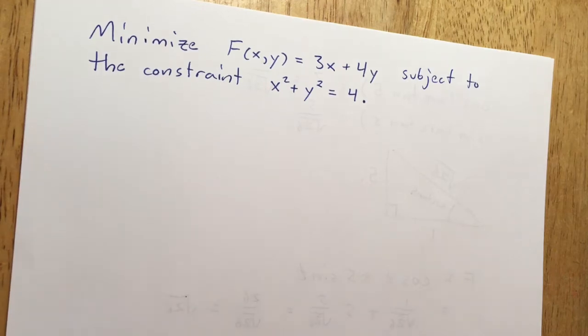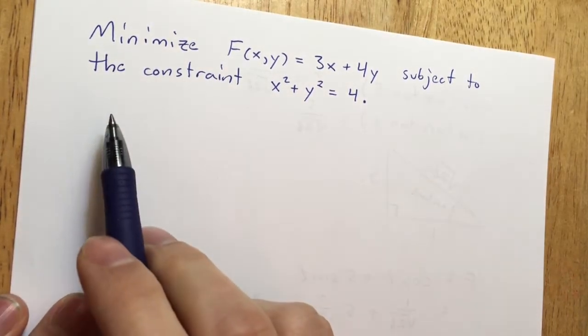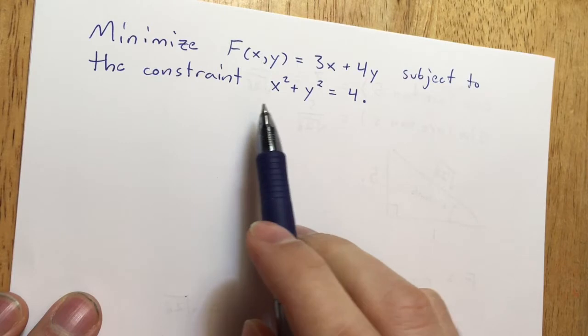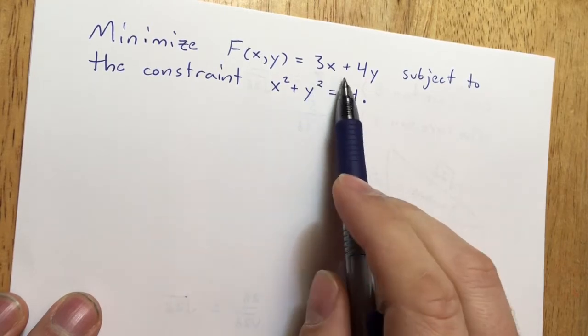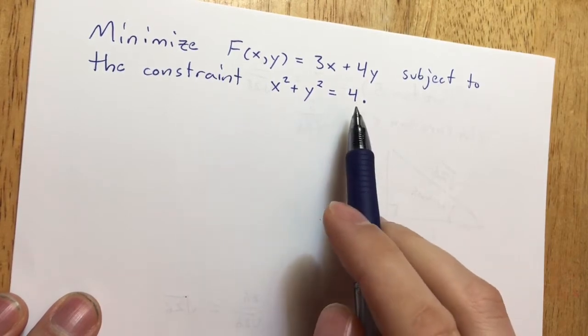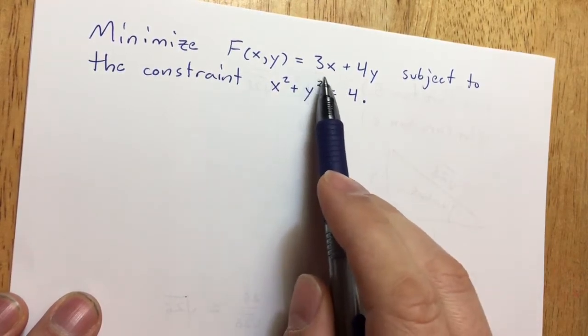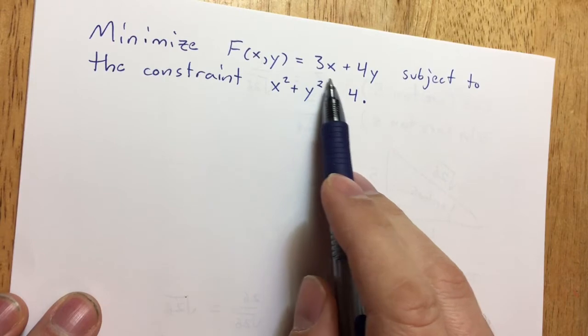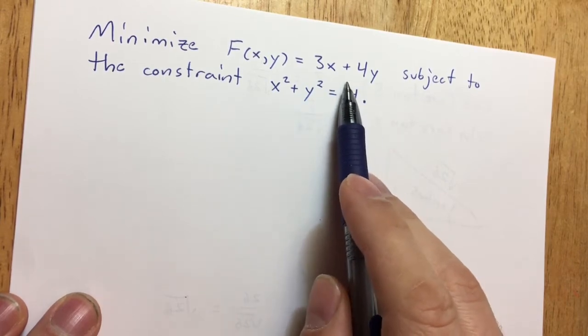Hi everyone. I wanted to do an example to illustrate how Lagrange multipliers work, where that formula for Lagrange multipliers comes from. So let's look at this problem. It says to minimize the function f of x, y equals 3x plus 4y subject to the constraint x squared plus y squared equals 4. Okay, so this function, what we can do is we can think about the level curves